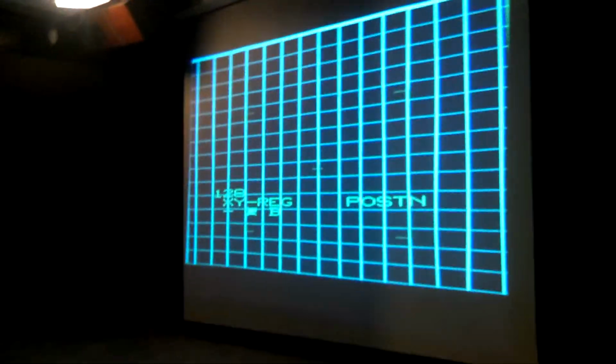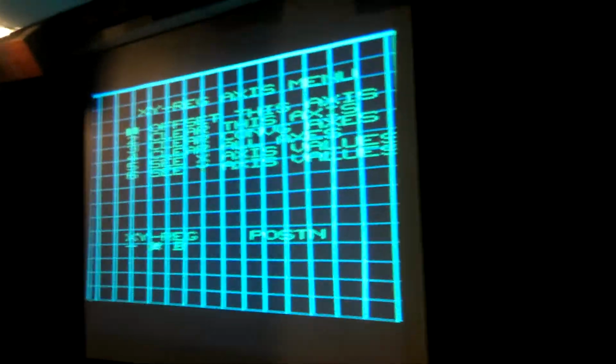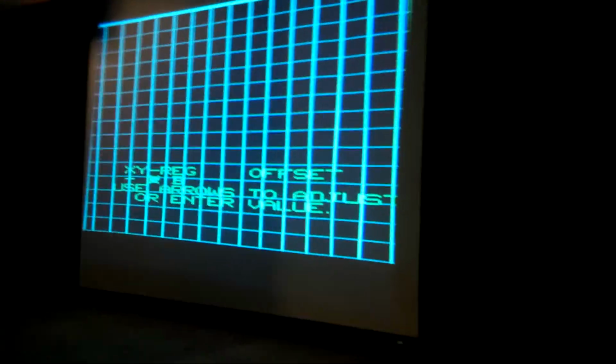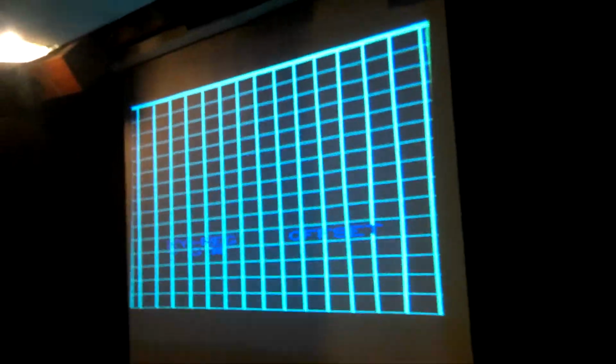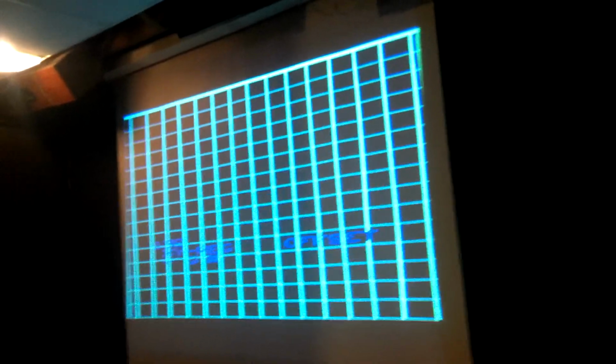position convergence button, you hit that and make sure you're in the XY registration, and then hit menu, and then you want option 1, which is going to set the offset for the color you're on. And since the text color is green, I don't want that, so I'm going to hit blue, and now I'm actually offsetting blue, and it's kind of like